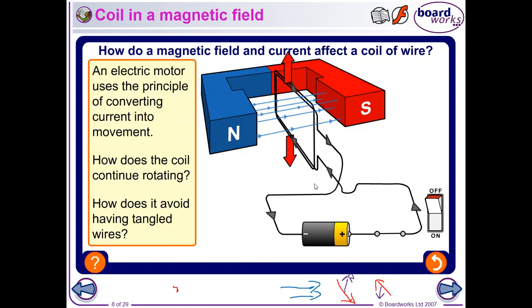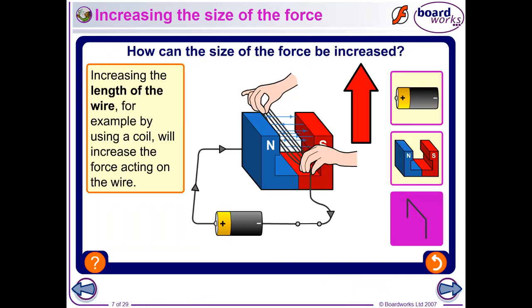What we can do here is add what are called brush contacts and a commutator, so that the current is always going up that way on that side, and the current's always going down that way on that side. Having a circle here, a commutator, means that it can turn and brush against these contacts, and the current is passed. Once it gets halfway through its turn, the current changes direction. We'll see that in a minute, I'm sure. So let's go back to